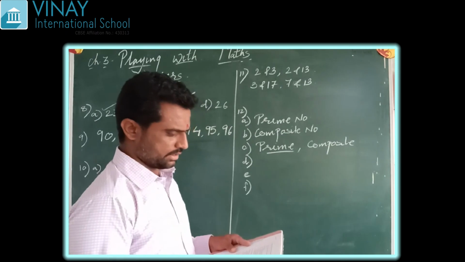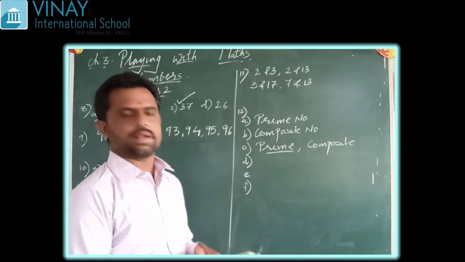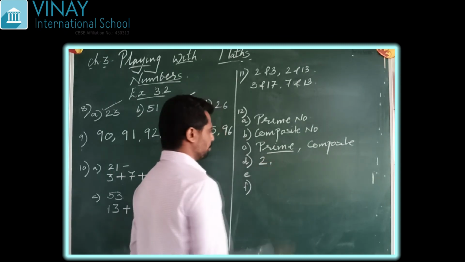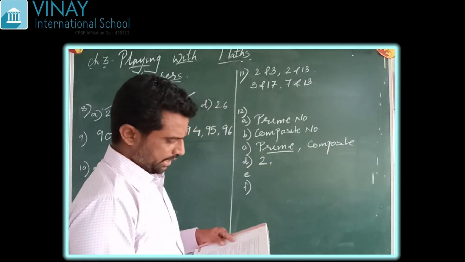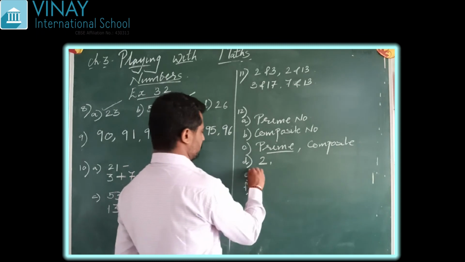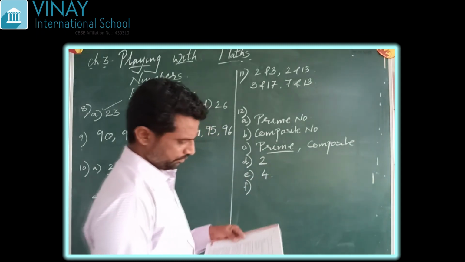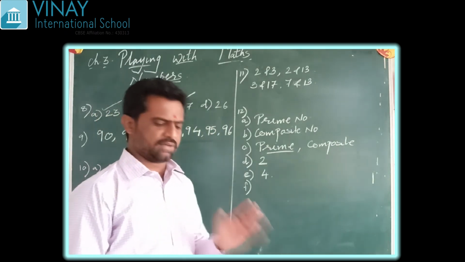Then D: the smallest prime number is. We have found out that the smallest prime number is 2. E is the smallest composite number. The smallest composite number is 4. The smallest even number is